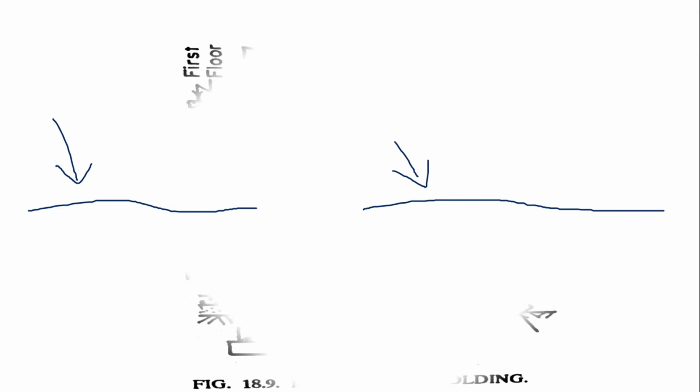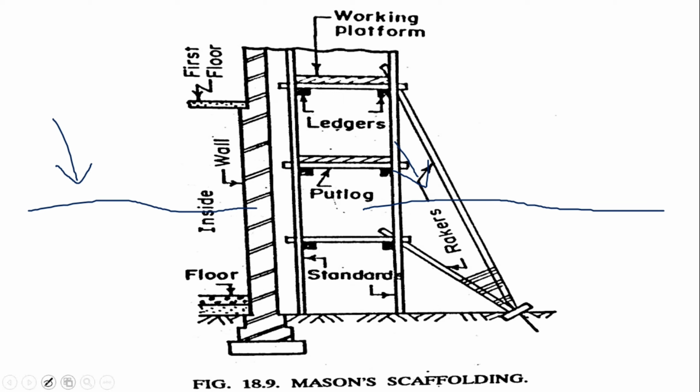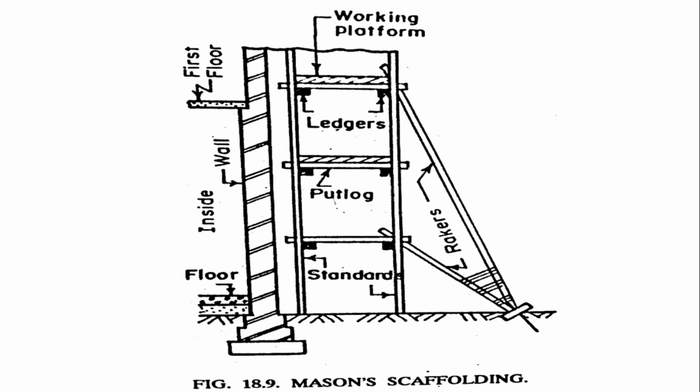Now move toward the next, and this one is double scaffolding or mason scaffolding. Again, as the name indicates, we have two layers of scaffolding, and the main purpose is providing scaffolding for the mason. Here is an example of the scaffolding relevant to double layer scaffolding. As you see here, only one major difference is there if I compare single layer scaffolding with double layer scaffolding. The major difference is only one.